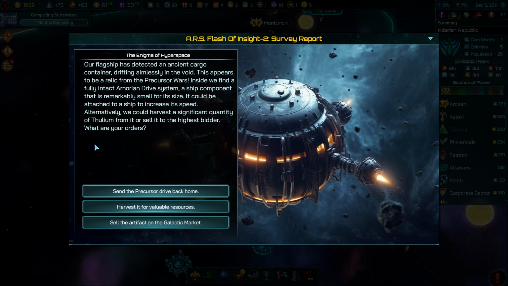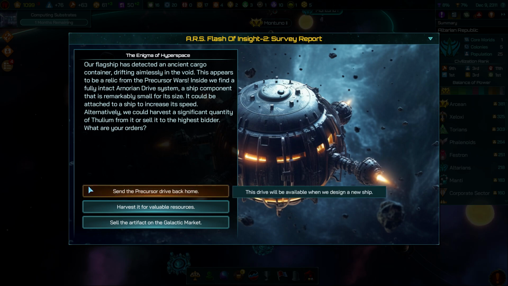Our flagship has made an intriguing detection. An ancient cargo container aimlessly drifting in the void. It seems to be a relic from the precursor wars. Upon inspection, we find a fully intact Arnorian drive system within. This ship component is remarkably compact given its capabilities. It can be attached to a ship to significantly increase its speed. Alternatively, we have the option to extract a substantial quantity of thulium from it, or we could sell it to